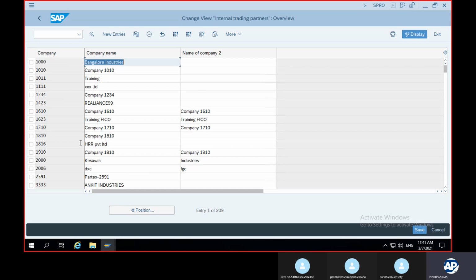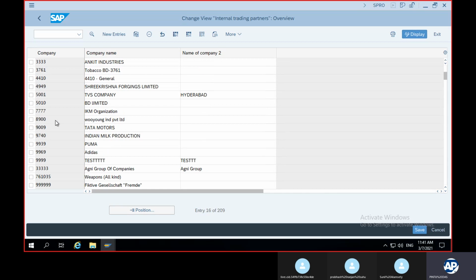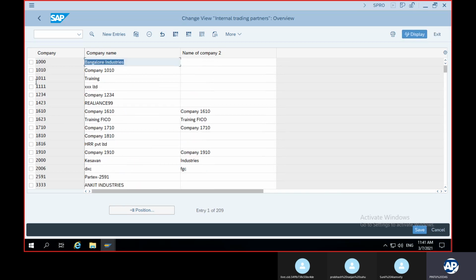Like a reference book, SAP has given a lot of companies as a reference which you can follow. But people keep on changing here. 1000, somebody has changed it. This is the company which SAP has given as a reference, 1710. You can go by simply copying it and changing the name according to your requirement, or you can click on new entries. Two options are available. You can copy an existing company and convert it, changing the name, address, currency, or you can create a new entry.